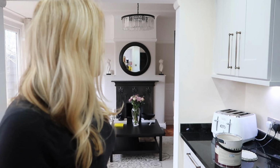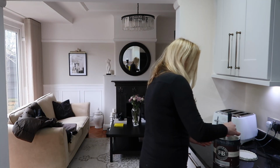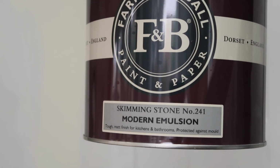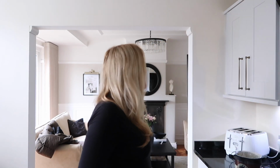Is it just me or does that look very grey? Wow, that is Skim and Stone over what was white. Definitely Skim and Stone. That looks exactly the same as my ammonite cupboards. Is it just me? And I mean, it is definitely Skim and Stone, as you can see. Oh my days. I think I know what it is. It's the lights, because I've got daylight bulbs in. So if we turn them out,